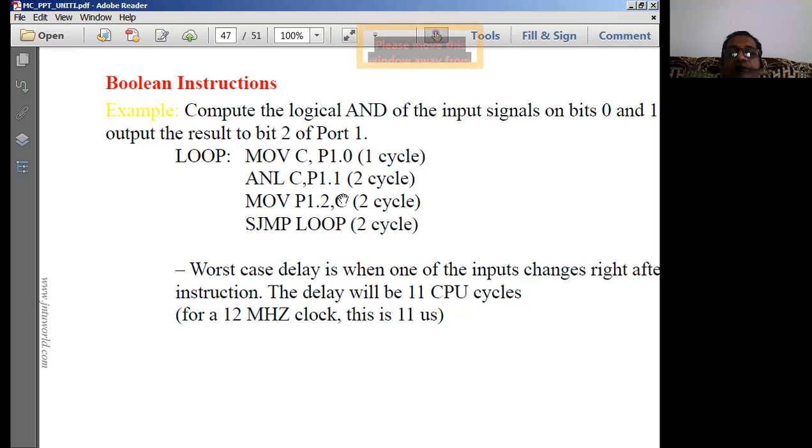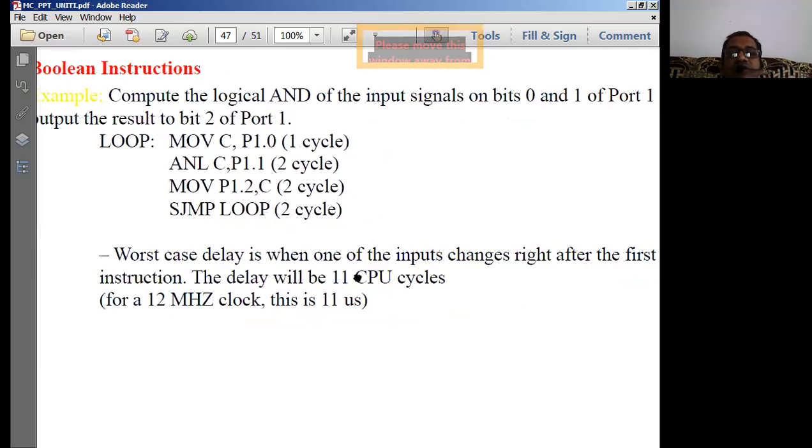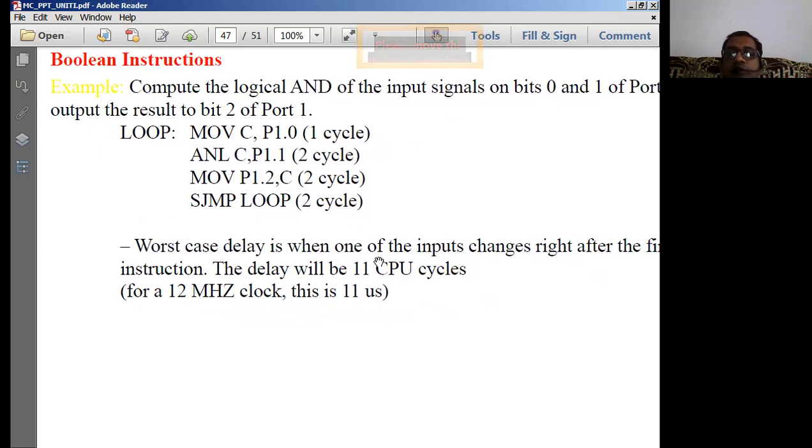So thereby, say for example, blinking the LED. If these two are 1, I have to blink the LED. If these two bits, P1.0 and P1.1, if either one of these two is zero, then don't blink the LED. So if that is the program that we are normally implementing, you can simply implement that kind of a program. And it is going to be a short jump instruction, where short jump is normally used only for small memory locations.